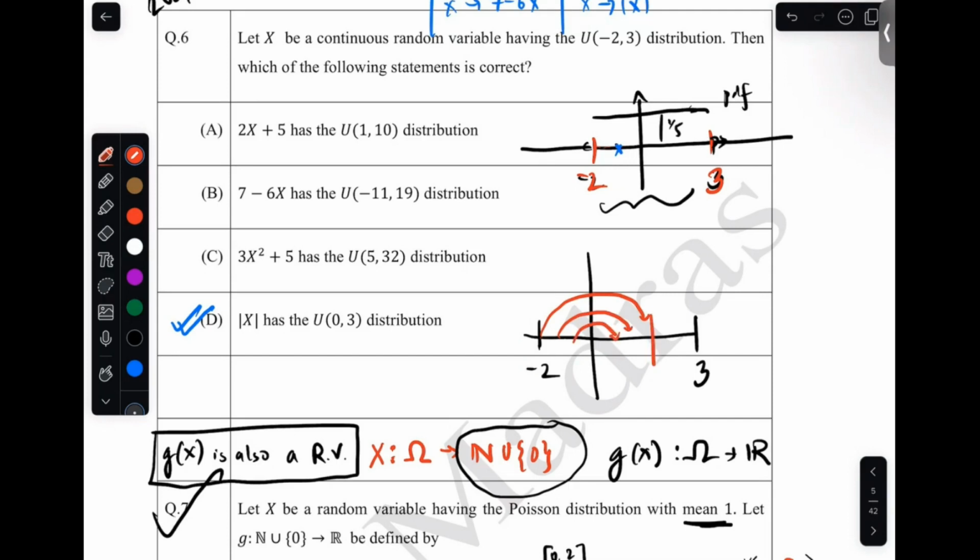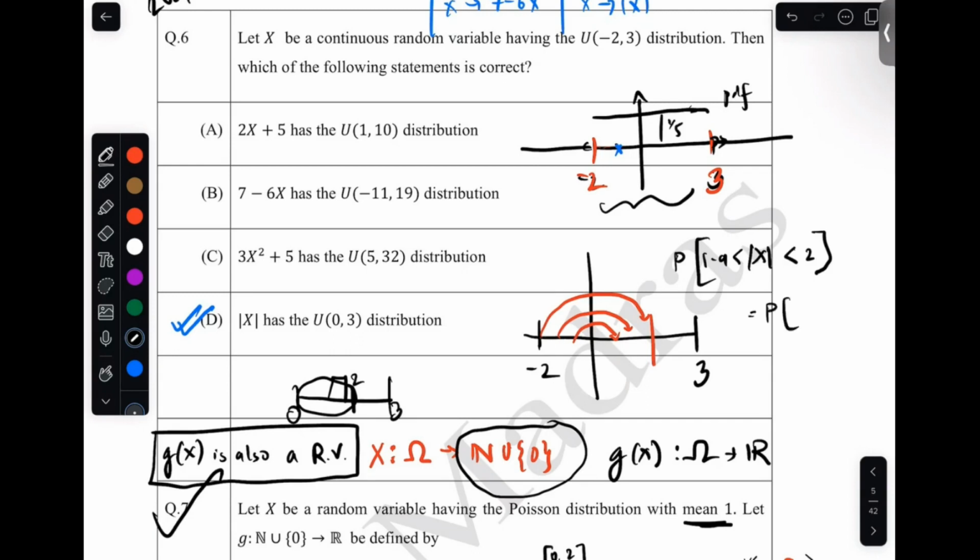So naturally you can see that the transformed region is that after mod x you're only picking up from 0 comma 3. Now let's say there are two parts, till 2 there is a part and after 2 there is a part. When you're considering this till 2, there's an interesting aspect. If you randomly pick up a point or you put a bucket inside this, the probability of mod x lying in the region is, let's say, the probability of mod x lying in 2 to 1.9. If you consider this probability,